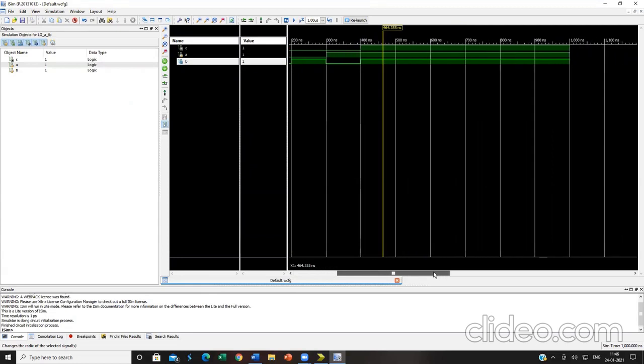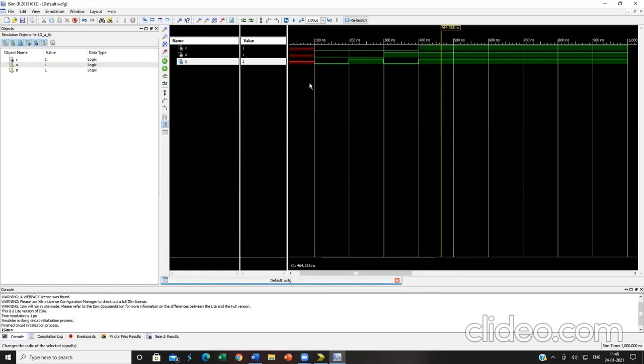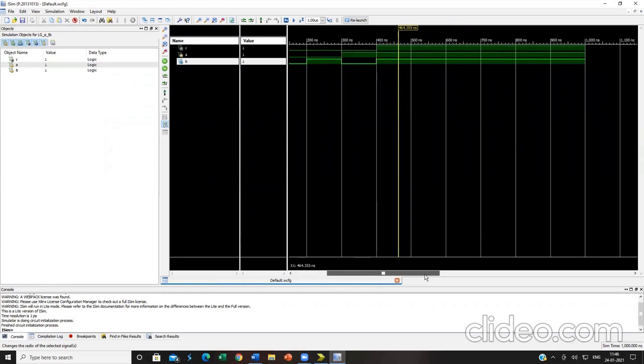Okay, so from that onwards up till 1000 nanoseconds, the output is continuously high. That means this is my limit that I have set over here. From 0 to 1000 nanoseconds is my total simulation time. So because of the first 100 nanoseconds, I am having 0 as my output. At 200 I'm having 0 as my output. At 300 I'm having 0 as my output. From 400 onwards till the maximum simulation time, I'm having all this output be high.